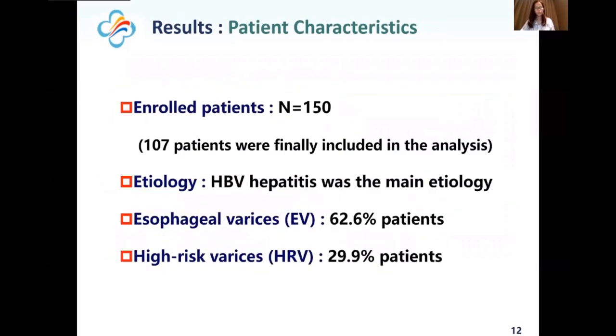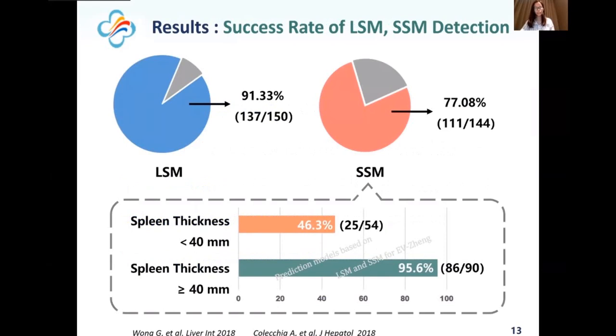There were 115 enrolled patients in our study, and 107 were finally included in the analysis. HBV was the main etiology of cirrhosis. 62.6% of patients displayed esophageal varices, and high-risk varices were found in 29.9% of patients. In our study, the successful rate of LSM detection was 91.33%,